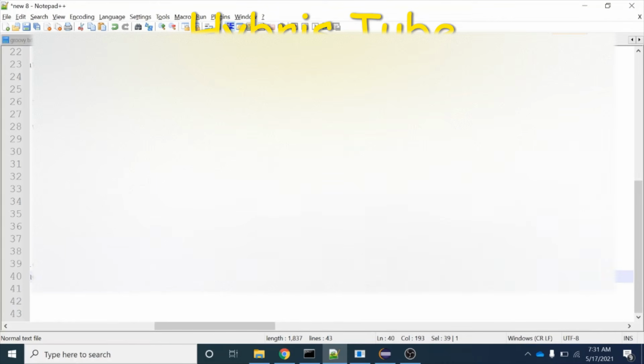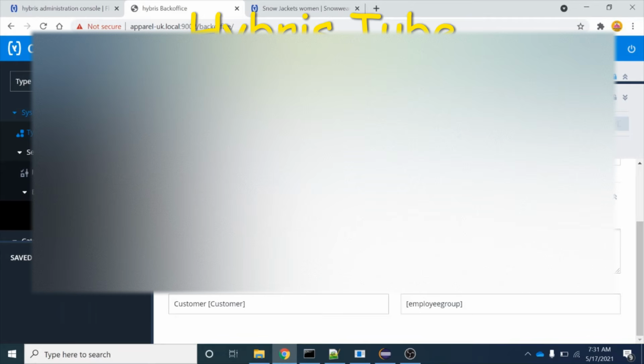Once we create or fire any query on the type customer using any user which belongs to the employee group, this filter or this query will get appended automatically. And you can see this filter has been written over here. So once I run this Impex,